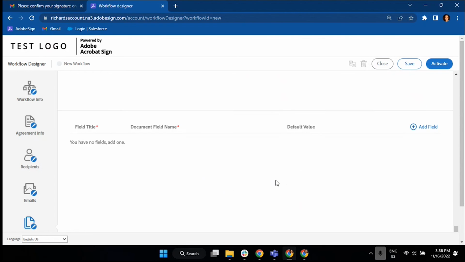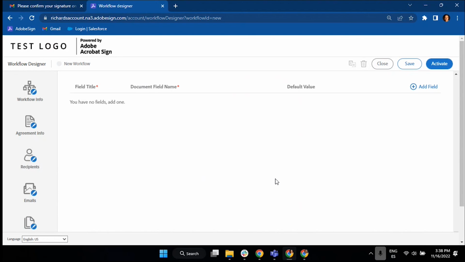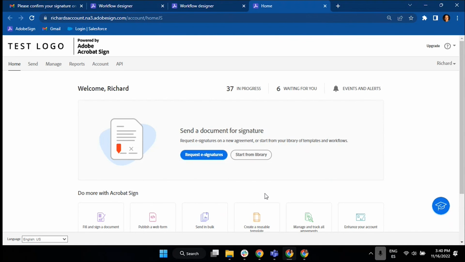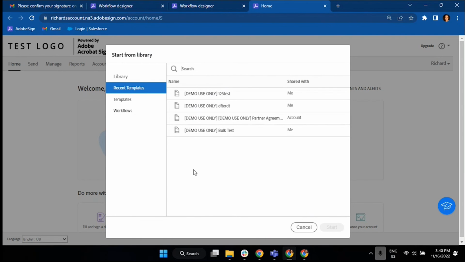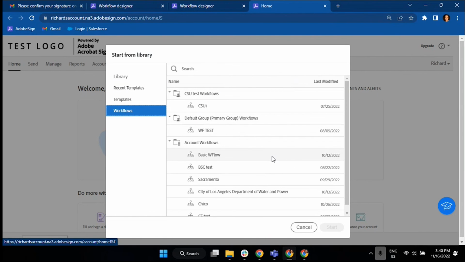And this other part is, let's say that on your document, since it's going to be changing recipients, maybe there is an amount of money that this recipient needs to pay. So it's going to be different for every recipient. So here, you can actually create pre-filled document fields on your document. So every time that you send that document, you can change or modify the information in that field. And to start using your workflows, you go for start from library, select workflows,